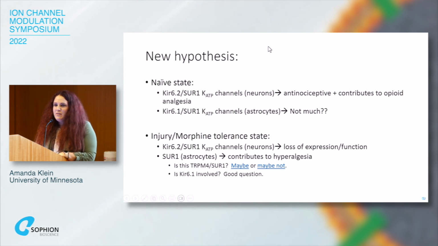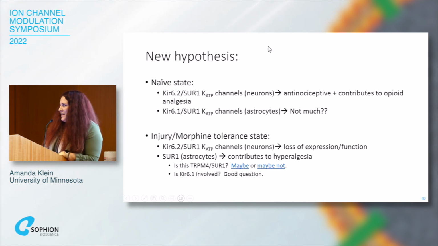There is a theory that maybe SIR1 during neuropathic pain conditions can couple to TRPM4, for example, in order to form cation channels. So basically reversing the activity of SIR1. Instead of being a potassium channel, it becomes a cation channel. That data has largely been proposed by Mark Simard at the University of Maryland, Baltimore. However, Colin Nichols has some contrary data showing that SIR1 does not complex with TRPM4 in vitro, and this is not possible.